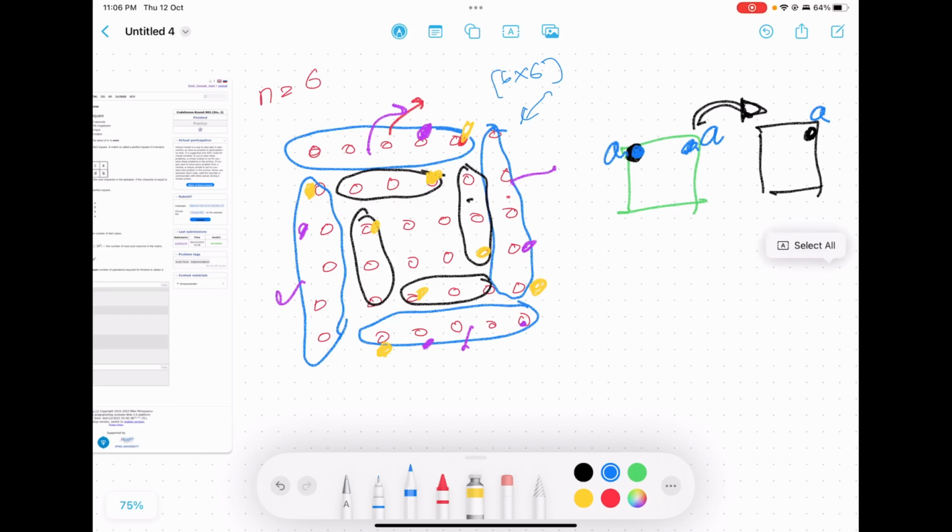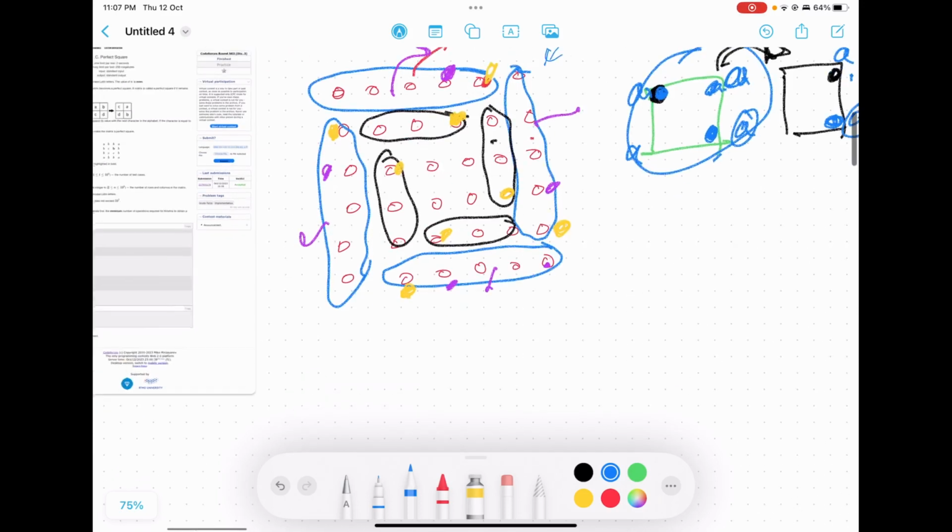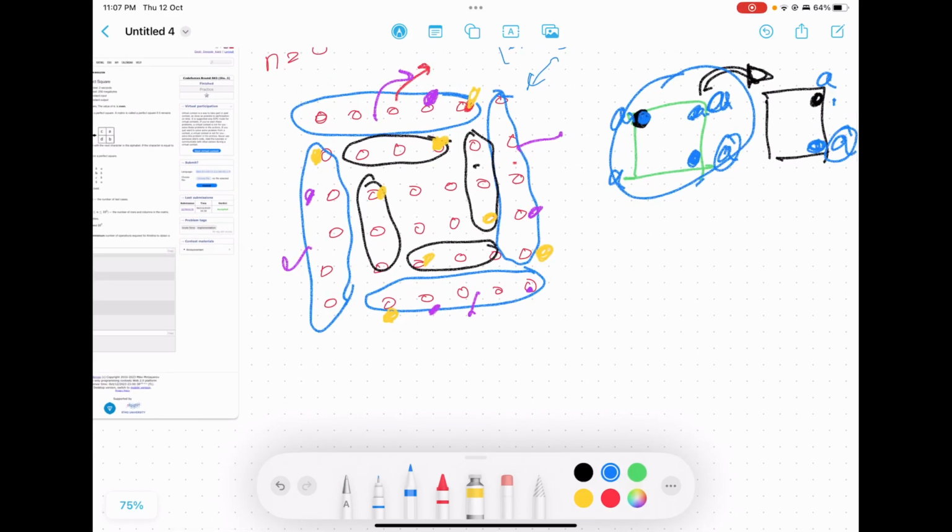If this value is A, this value will also be A, so this also should be A. So all 4 elements should have the same value.